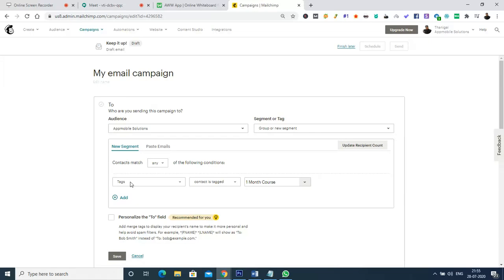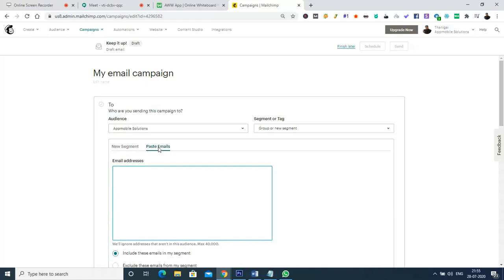Rather we are going to directly paste the email IDs and shoot a quick email to the email IDs we have. For that I'm going to type some email IDs here. Okay, to begin with, let me enter my email ID,